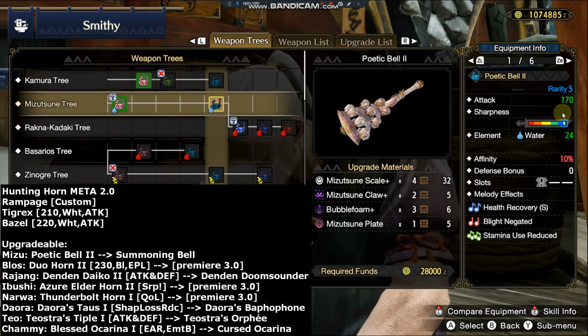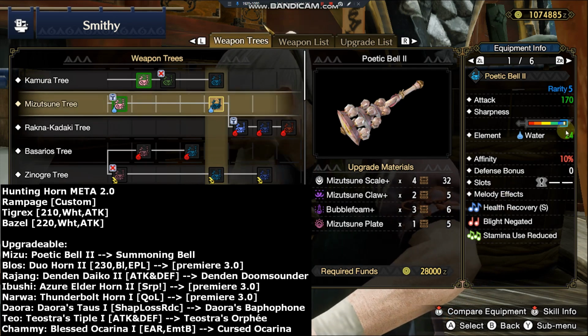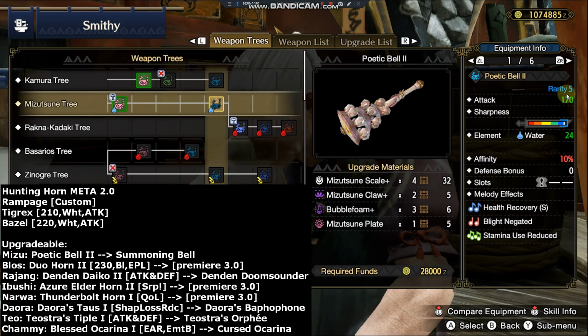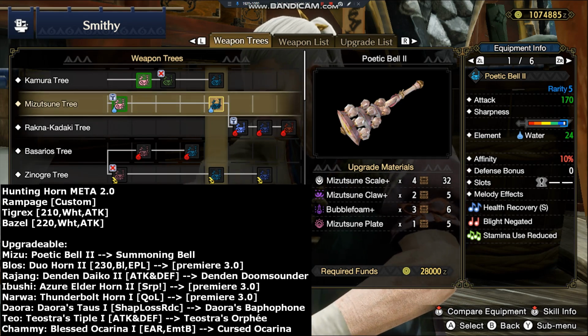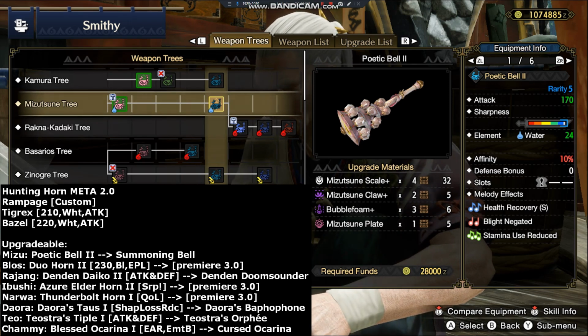Actually, it's a pretty bad Hunting Horn. Nothing special: melodies, no elemental attack up, sharpness is pretty bad, also the attack is horrible, only rarity 5. So I think it's got a spicy upgrade to the Summoning Bell. I can't tell you the actual data, how much it's going to be upgraded, because the dev